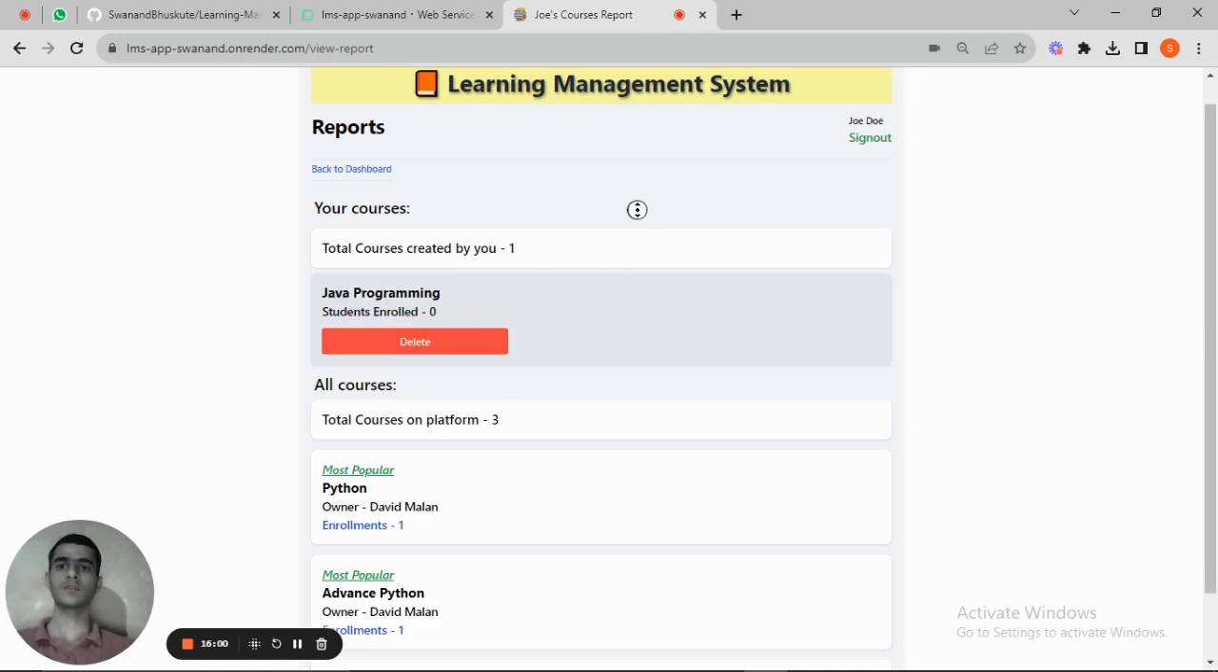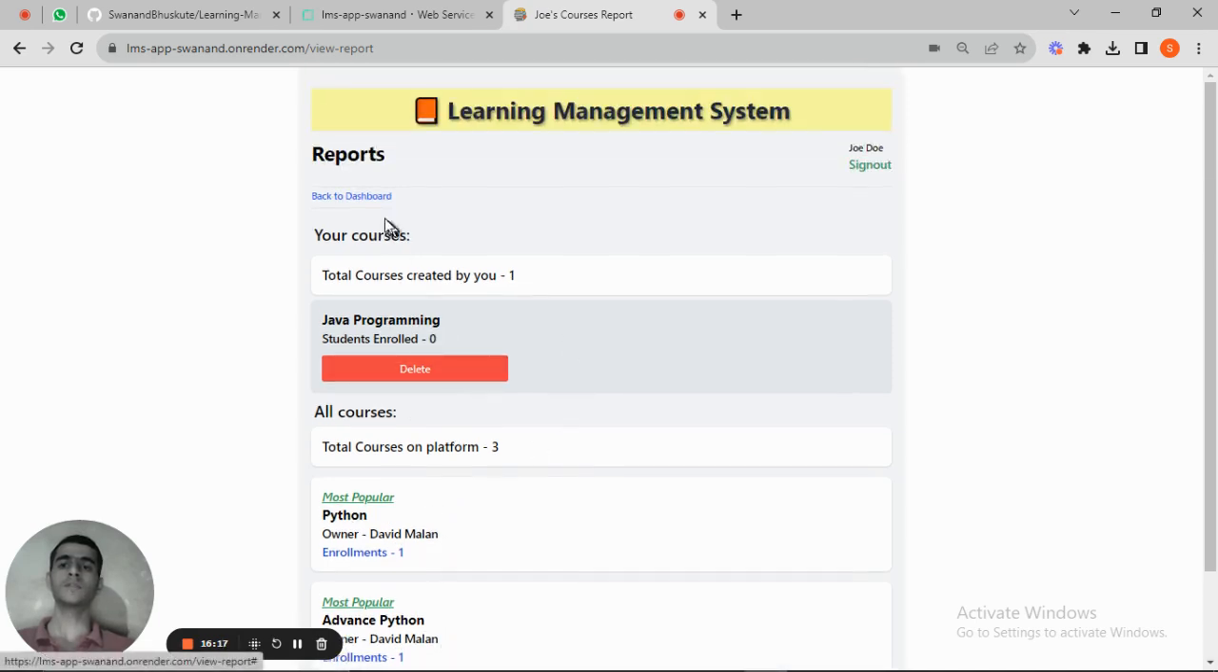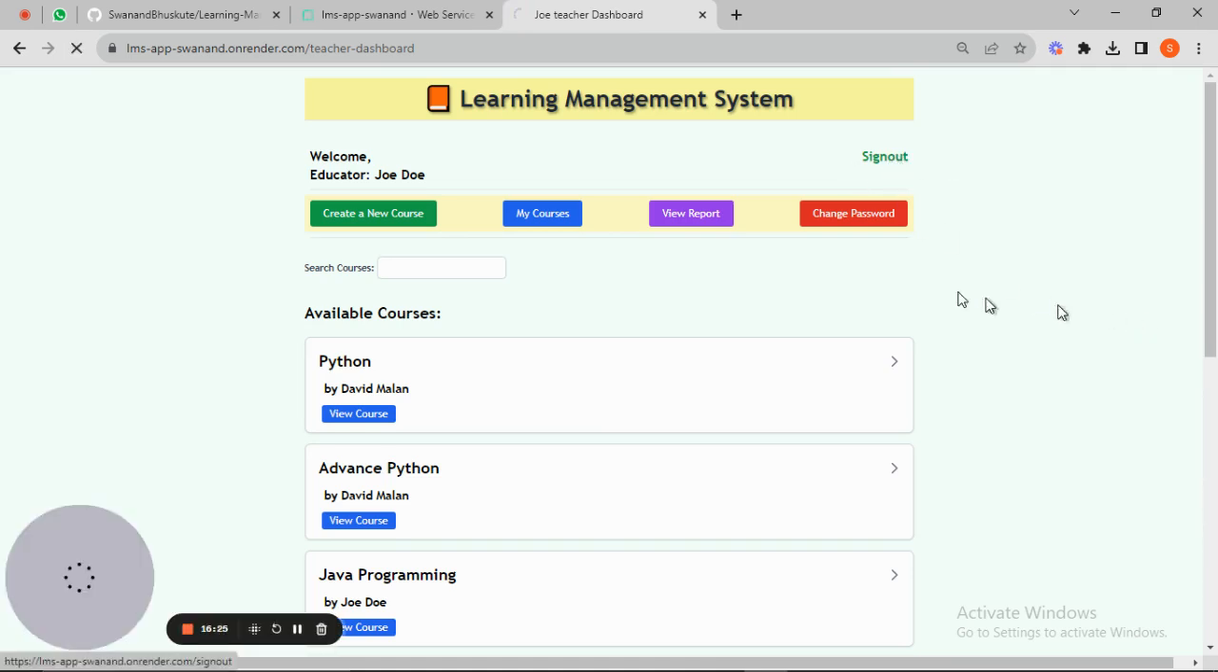Students enrolled is 0, and comparing to all courses, the most popular course right now is Python, created by David Malan, because there is one enrollment, and Java programming has 0 enrollments. Therefore, this is not a popular course. And if later some students enroll, let's start by creating a few students. Let's sign out for now